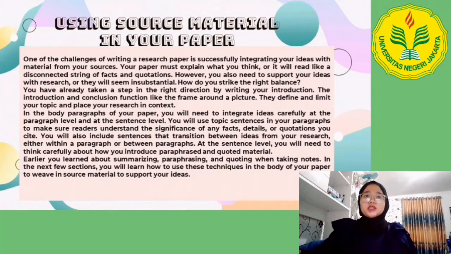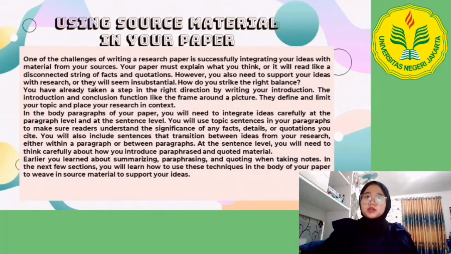You have already taken a step in the right direction by writing your introduction. The introduction and conclusion function like a frame around a picture. They define and limit your topic and place your research in context.